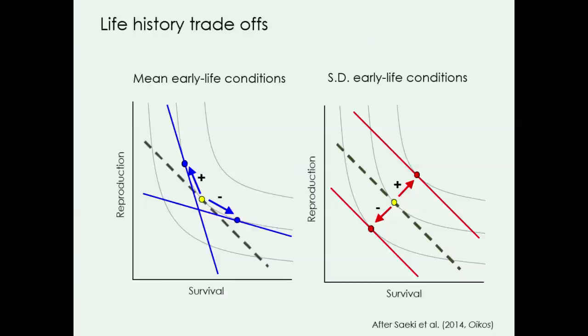However, a change in the variability of early life conditions seems to actually just relax this constraint. And so more variable conditions seems to allow you to have greater fitness returns. Essentially, as far as we can find so far, no cost. That doesn't really seem to make any sense, but so far we haven't found that.